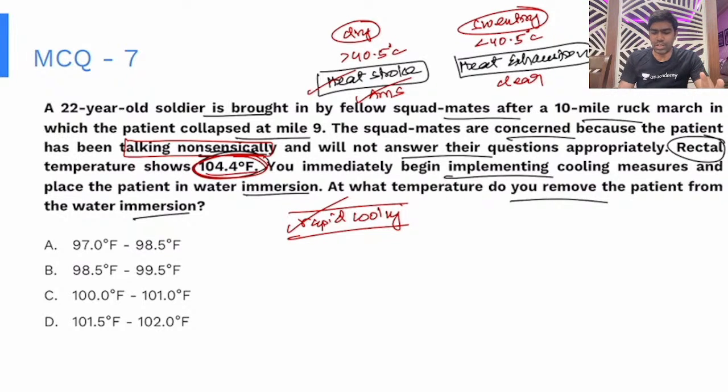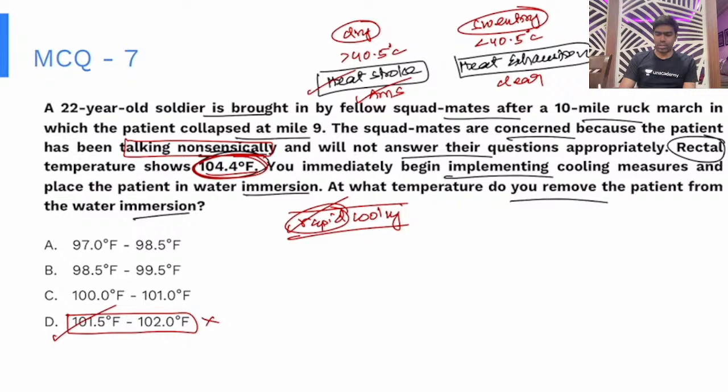So at what temperature are we going to stop cooling? Actually, it is 101.5 to 102 degrees Fahrenheit. This is the exact Harrison statement, given in Harrison. So exactly at 101.5 to 102 degrees Fahrenheit, you're going to stop the active cooling. After that, you remove all the cooling measures, remove the patient from cooling, and allow them to cool down automatically. Once the temperature goes to 101.5 to 102 degrees Fahrenheit, the cooling will become